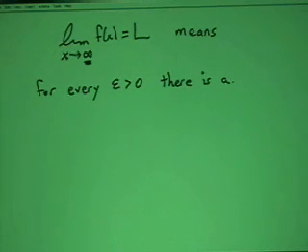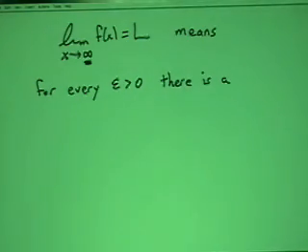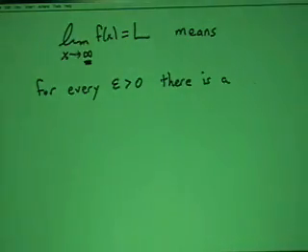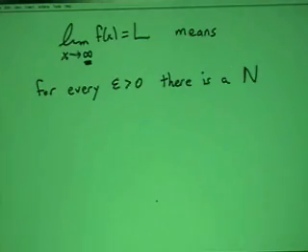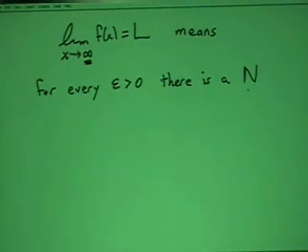In this case we don't use delta, and you'll see why in a minute, but I'm going to call it capital N. And this number, capital N, is what I think of as the point of no return. This is the point beyond which the function has to behave itself. And I'll tell you what that means. For every epsilon, for every tolerance, there is a capital N such that